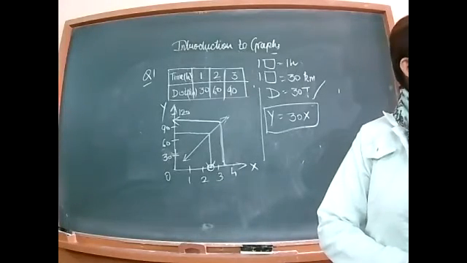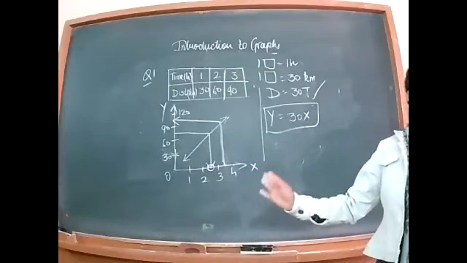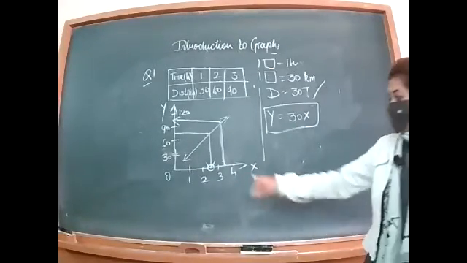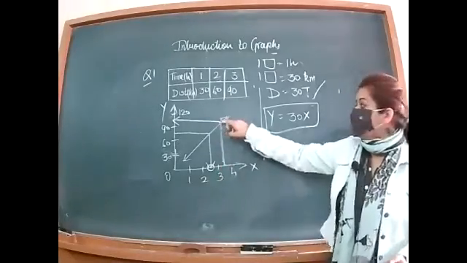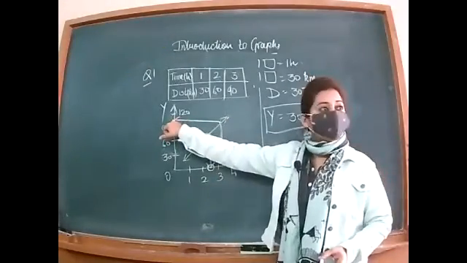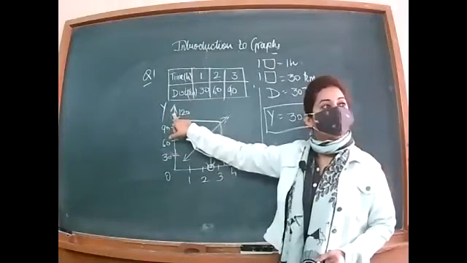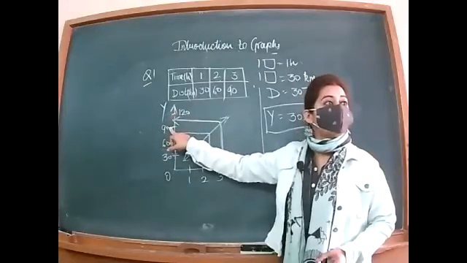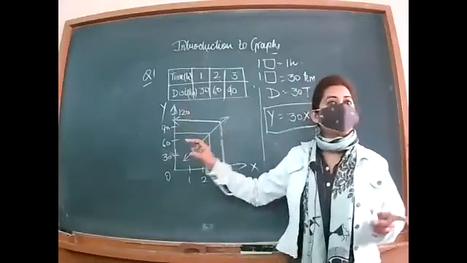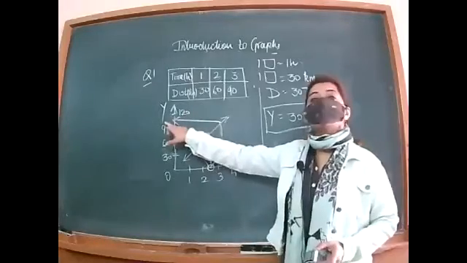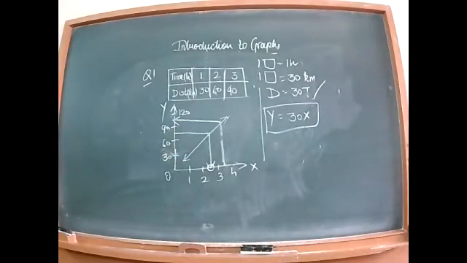Distance covered by Ajit in 3.5 hours. So 3.5 hours will come between 3 and 4. Join this line to the graph. Then on the y-axis, it will meet here. This point is 90, so the gap to the next point is 30. So what will come here? 120. Half of these two will be 105. The gap between these 2 points is 30, and half of 30 is 15. So 90 plus 15 will give you 105. Got it? Any doubt?